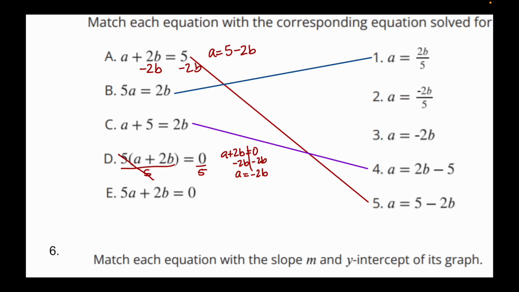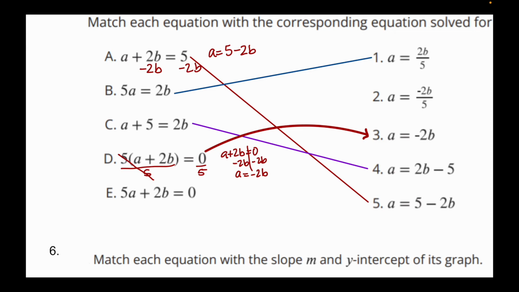So that means this one here is going to go with number 3. We'll just draw, instead of a straight line, a little bit of a thicker line and make it a curve. So that's going to be this one here, number 3, a is equal to negative 2b. So that means our very last one,